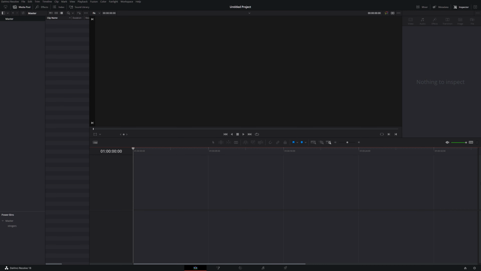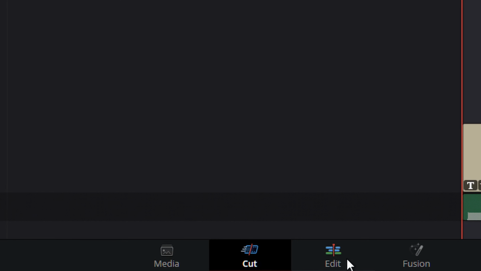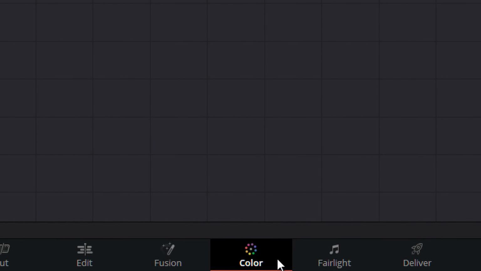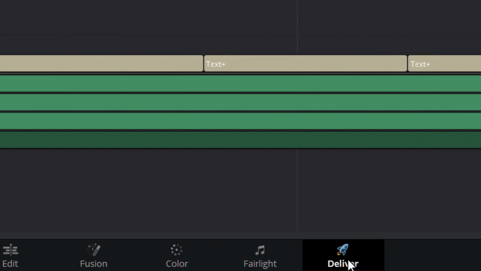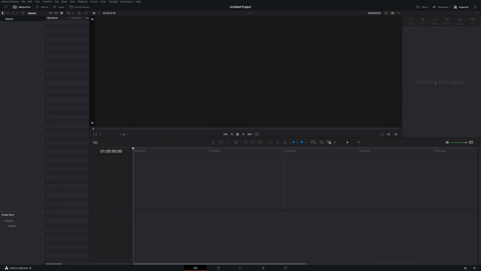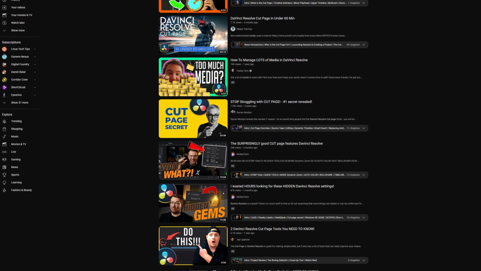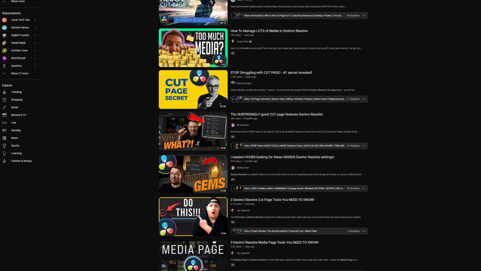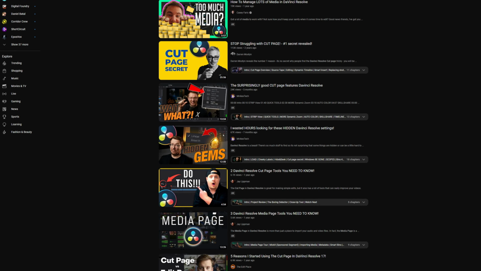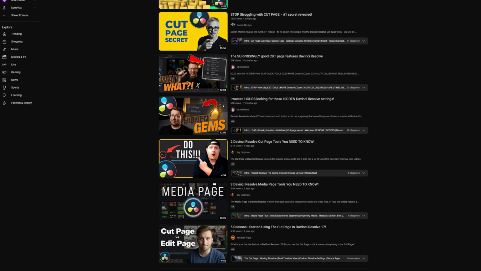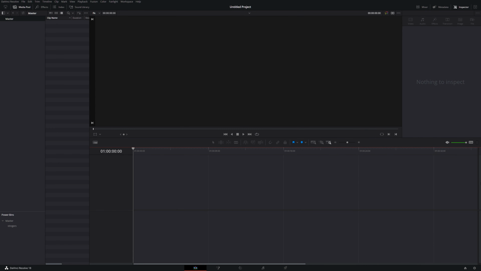Number 4, toggling unwanted pages. On the bottom of DaVinci Resolve, there are several pages from left to right. These include Media, Cut, Edit, Fusion, Color, Fairlight, and Deliver. Now, all of these pages have their own use, but many people will say that Media and Cut don't serve nearly as much of a role as they could and as is necessary to have them on the bottom of the application. If you want Media and Cut, that's entirely fine, but if you don't, it's actually really easy to get rid of them.